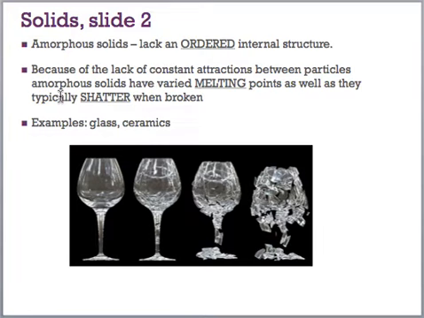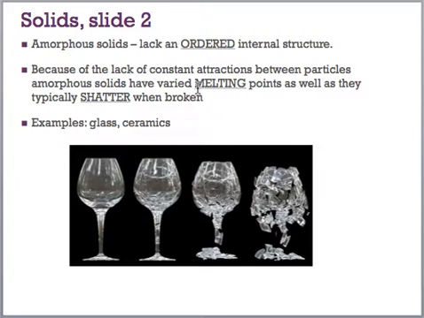On the other side of things, if most things are crystals, you can have what are called amorphous solids, which basically means that they don't have that order, they don't have that structure to them. One cool thing about amorphous solids is that because they have these kind of weird attractions, they don't break nicely, they shatter, and they don't melt at one temperature,